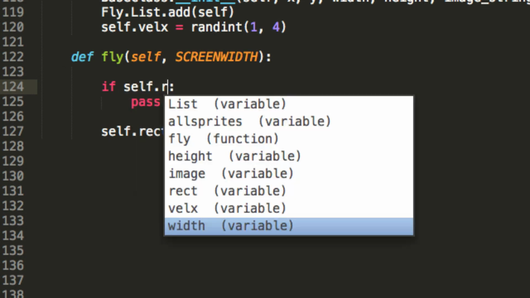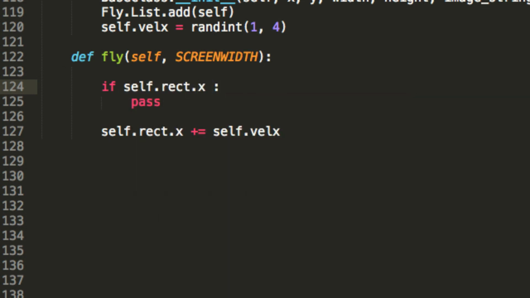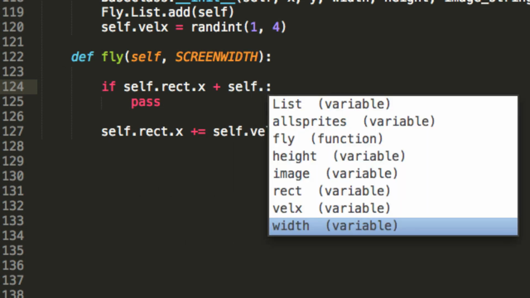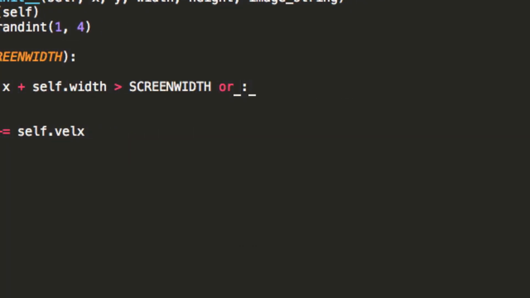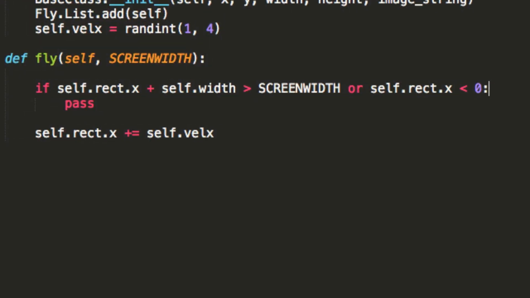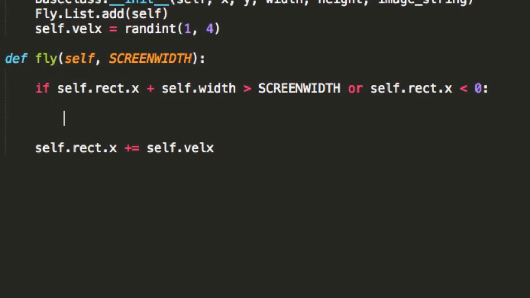So self.rect.x plus our fly's width is greater than the screen width, or let me move this over, or self.rect.x is less than 0. And delete that, and